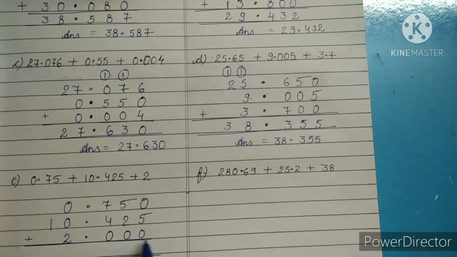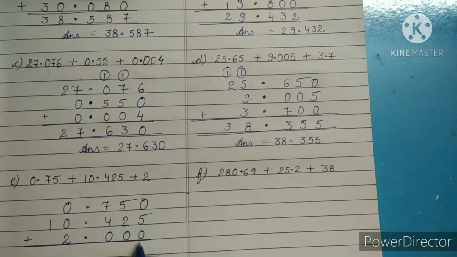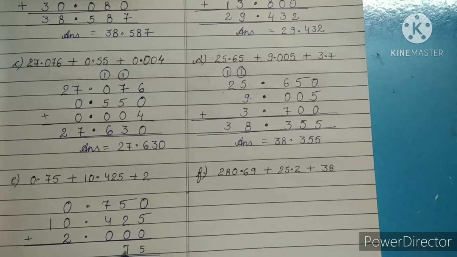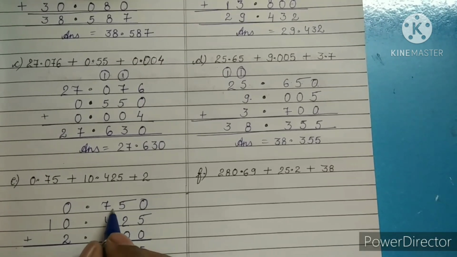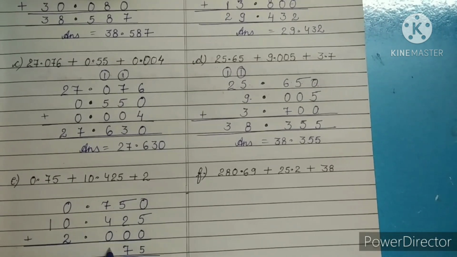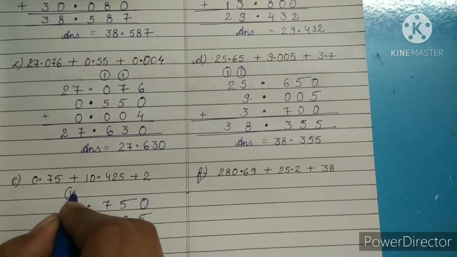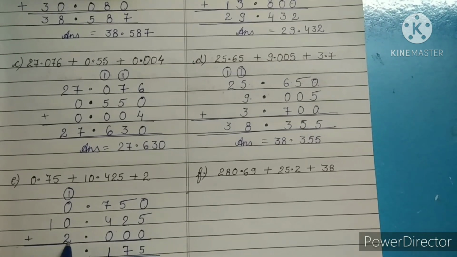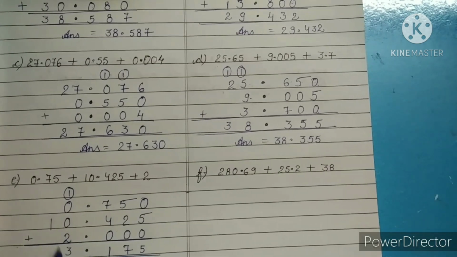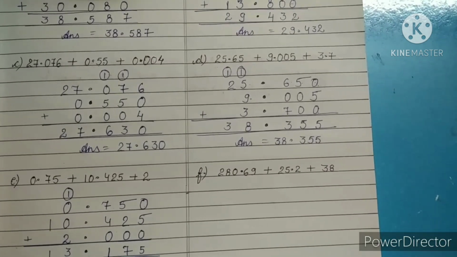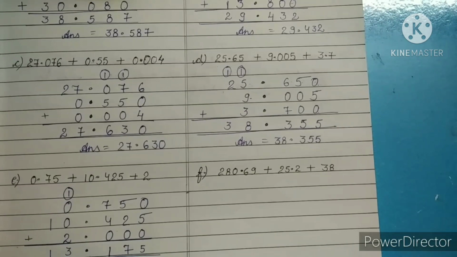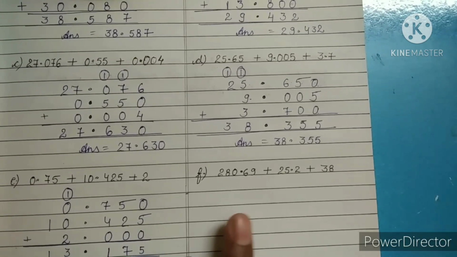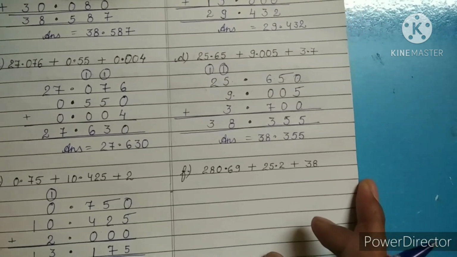Okay, so 0 plus 5 plus 0 is 5, 2 plus 5 is 7, 7 plus 4 is 11, so 1 is here, 1 will go on the carry. Now the decimal line, so it will be filled by the decimal. 2 plus 1 is 3 and 1 as it is. So its answer is 13.175.